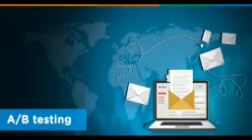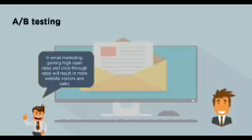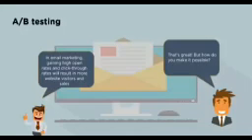So let's move into A/B testing. A/B testing is key to email marketing. In email marketing, gaining high open rates and click-through rates will result in more website visitors and sales. In theory, that's what's supposed to happen. We get more opens, we get more people to click. We get more people to click, we're going to get more people to purchase. But it's not as easy as it sounds. So how do we make that possible?